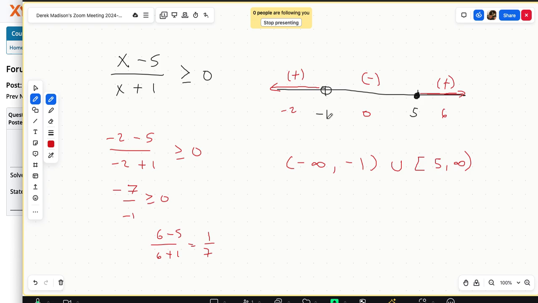There's a third method called sign chart, and I think it's actually easier, but it's harder to learn. So 2 days before the exam, I would get good at test points, and the test points will work for either